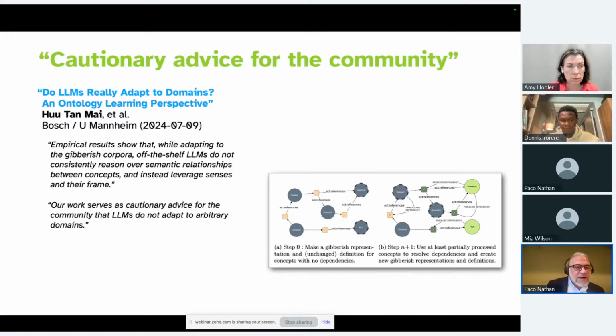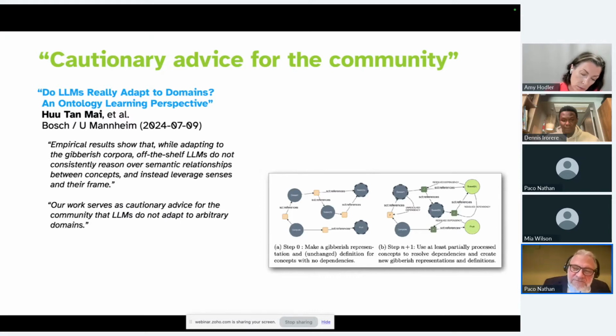But to be able to make some kind of consistent reasoning over semantic relationships between concepts, that's really not what they're built for. And that's also what we're seeing with GraphRAG, obviously, is that we're using techniques like retrieval augmented generation to try to provide the right set of facts, try to guide the LLMs in the right directions, basically taking that reasoning step outside.